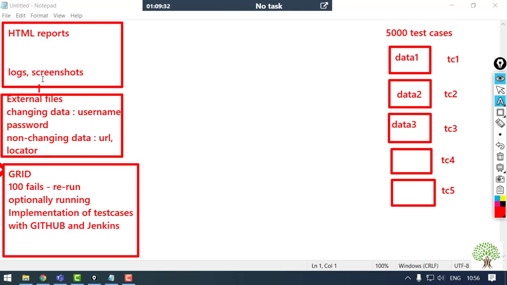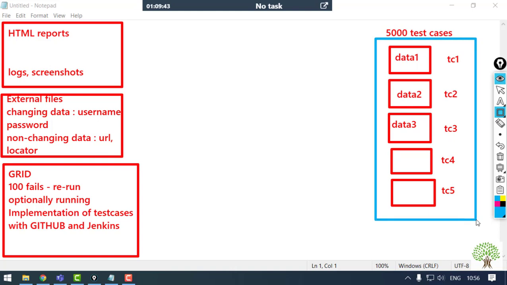Now all these requirements we have discussed, but how are these going to be possible? When I talk about these test cases, they are nothing but the Selenium code and they will help you to automate the browser only. But they are not going to read any data from the external file, not going to generate any report, or not going to help you to run the optional test cases, implementations of Grid, GitHub and Jenkins.